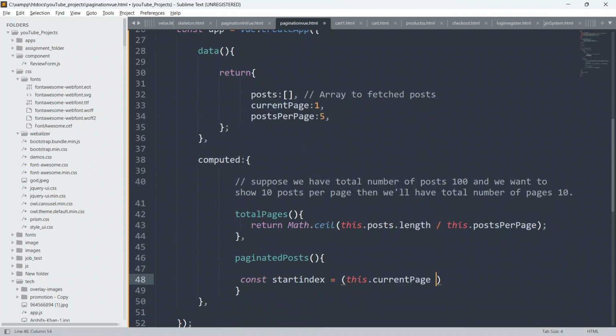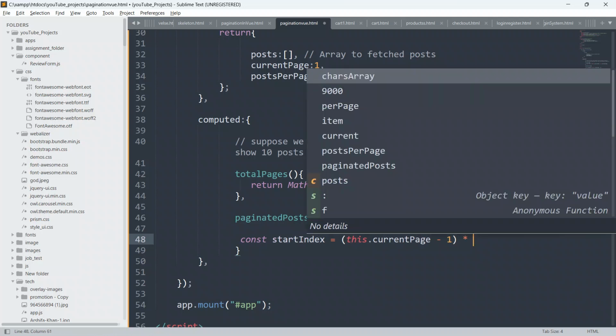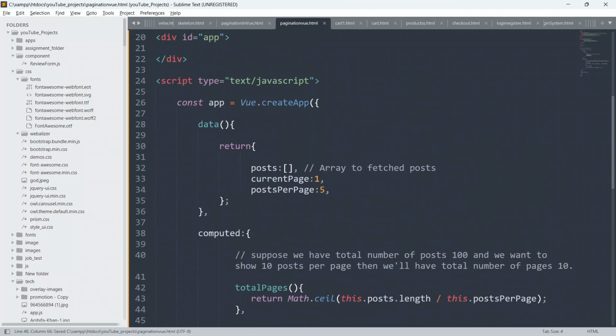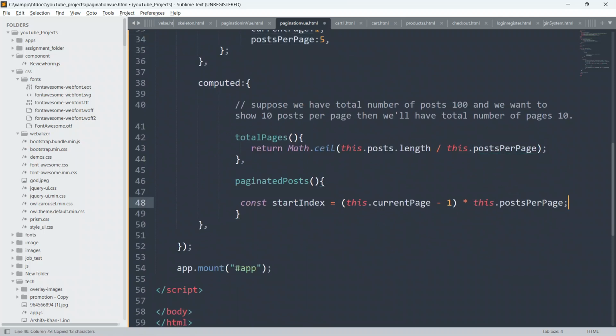So I'll say this.currentPage minus 1, because we are calculating the start index. Give the capital I in startIndex, and we will multiply it by this.postsPerPage. Just close this.